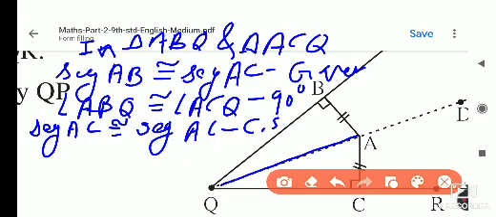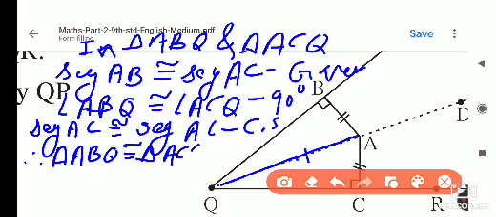congruent to each other. If you see here, AQ is the hypotenuse, angles B and C, these two are 90 degrees, and AB is congruent to AC. Therefore triangle ABQ is congruent to triangle ACQ, by which theorem? That is the hypotenuse side theorem. By the hypotenuse side theorem, these two are congruent to